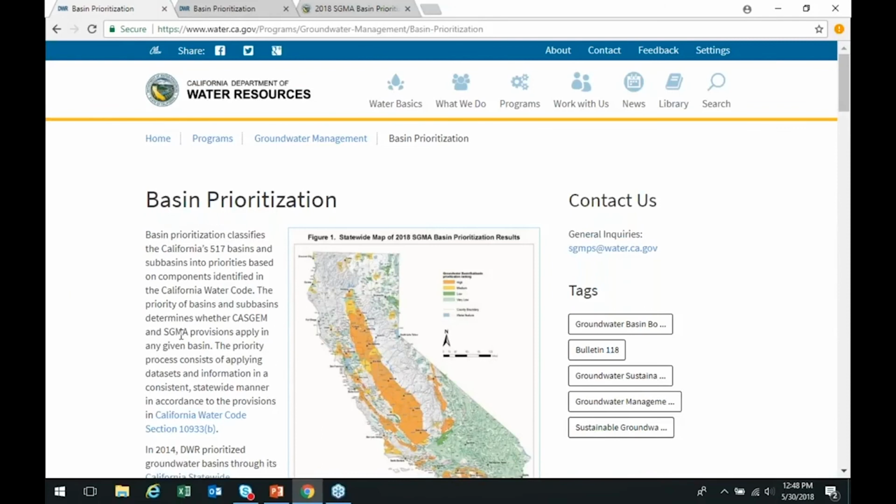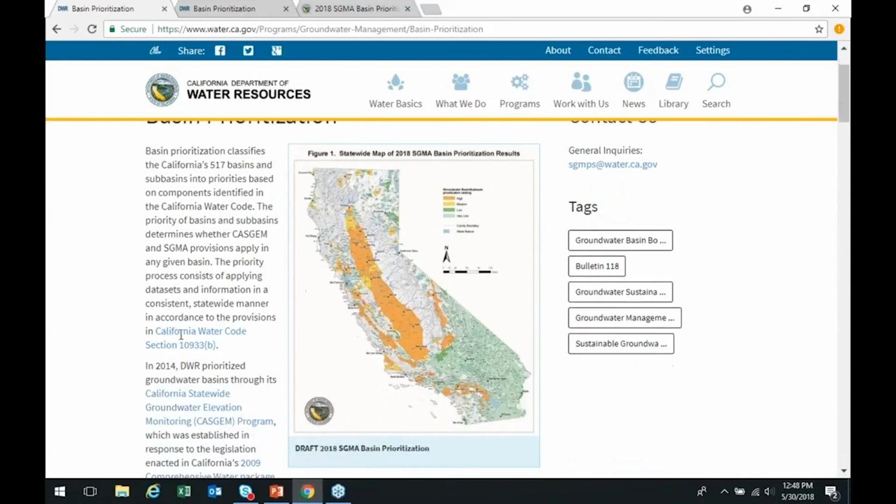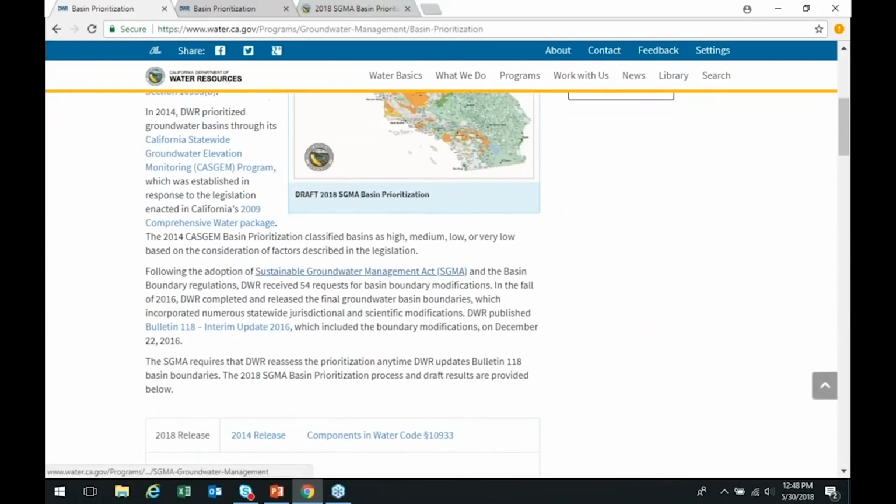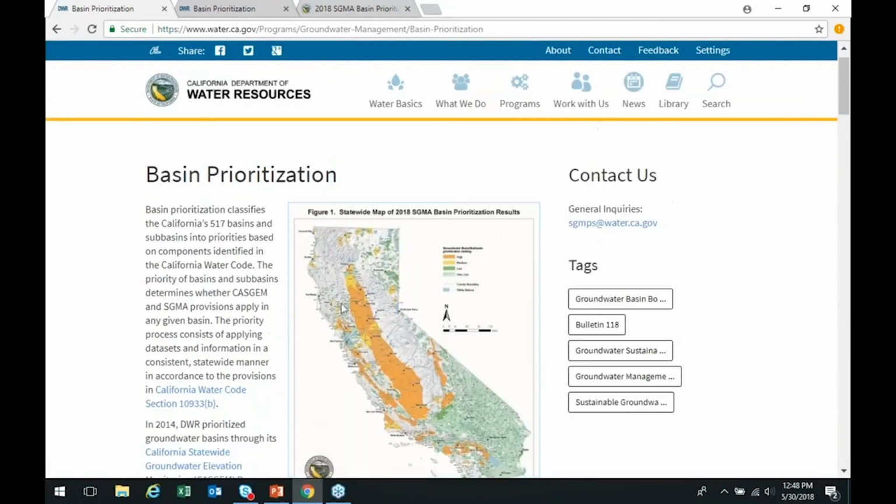So on the basin prioritization website, there's some introductory information that Trevor covered, a summary of this process and past prioritization processes, a map of the draft results, as well as on the top right here, a link to a dedicated SGMA email that you can send comments or questions for clarification. And we'll touch on this in some subsequent slides.